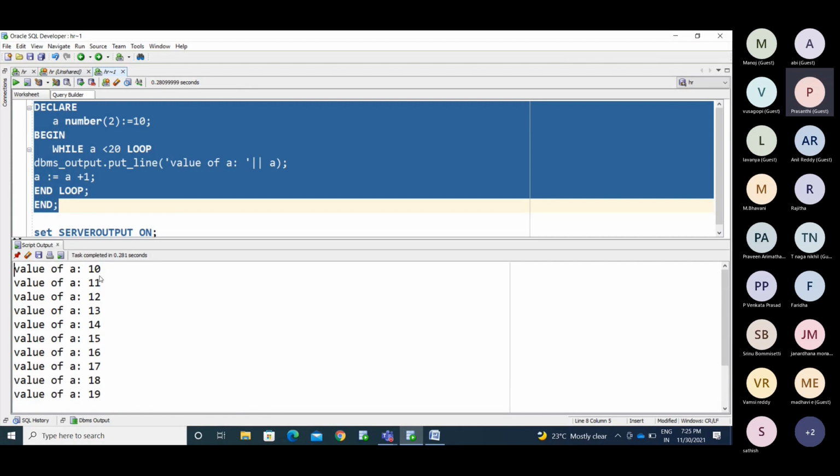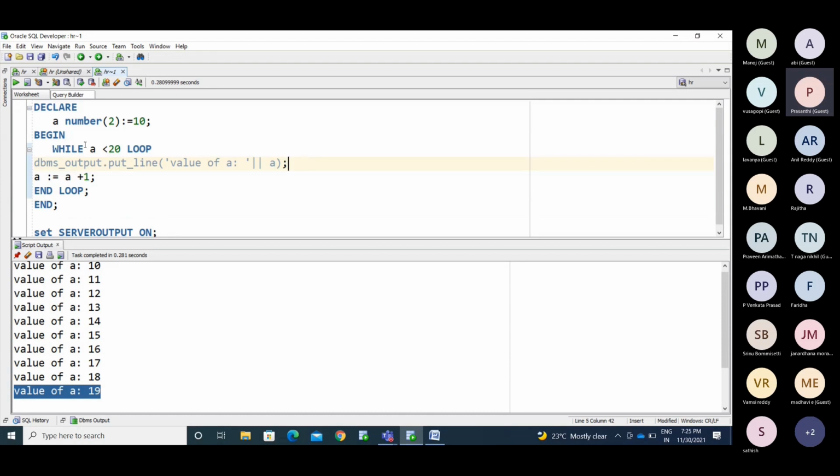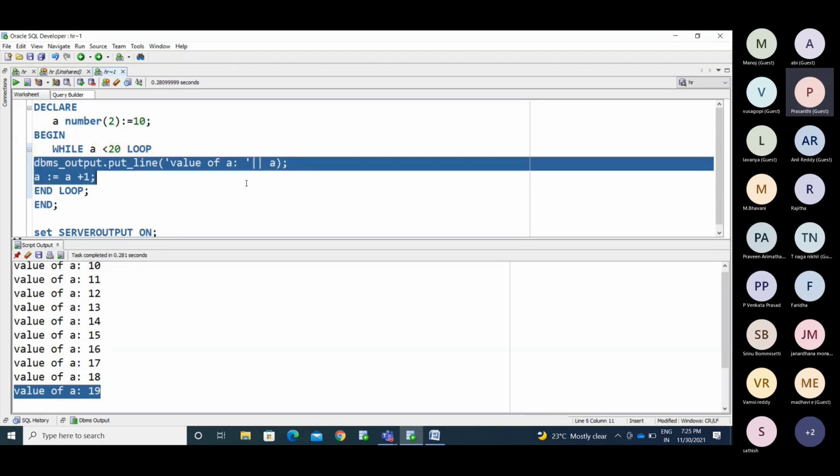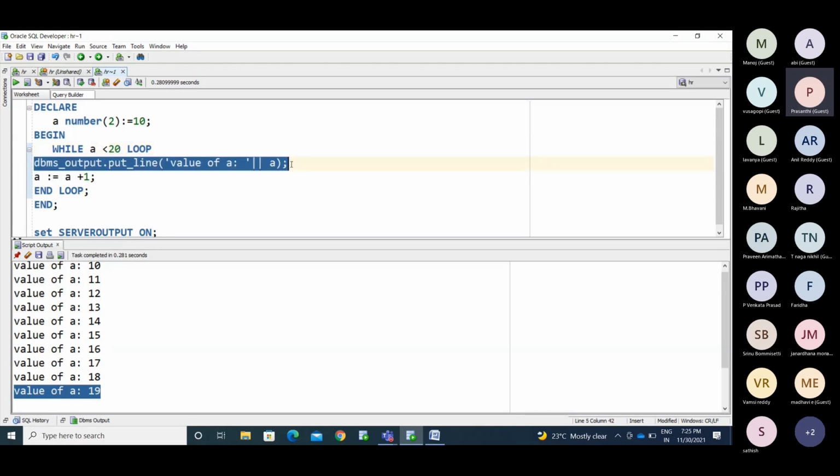The value of a is first assigned as 10, displays 10, 11, 12, 13, 14, 15 till 19. But you don't have the 20th value because the process came out of the loop. The condition is not satisfied here. It is not going inside the loop. If it went inside the loop, then only I could print the values here.